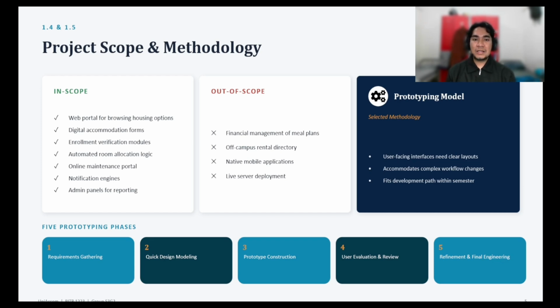To maintain a realistic development cycle within our academic limits, we have strictly excluded meal plan financial management, off-campus directories, native mobile apps, and live production server deployment. Given our strict time frame and the need for highly intuitive layouts, we selected the prototyping model